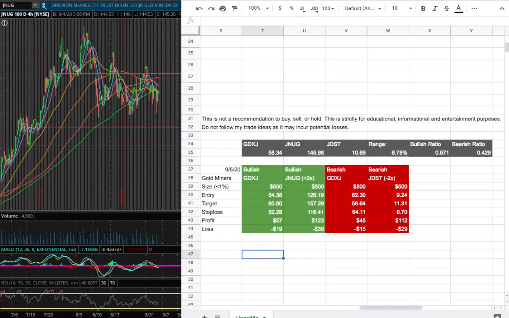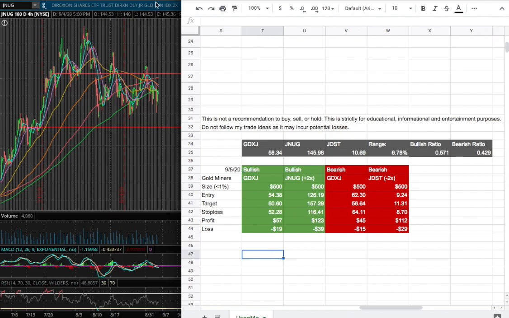For the trade idea of the week, my entry for my long position on JNUG will be less than 1% of my portfolio. My entry will be around $126.19. That is fairly close to where we encountered resistance that dated back to July 9th. And since we're above resistance, that now acts as support. And my sell target will be $157.29, and my stop loss will be